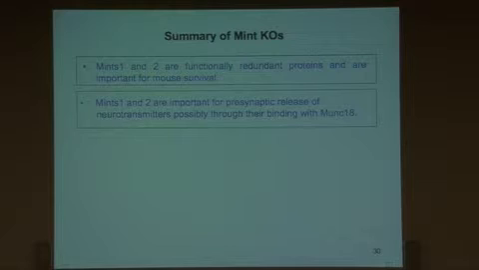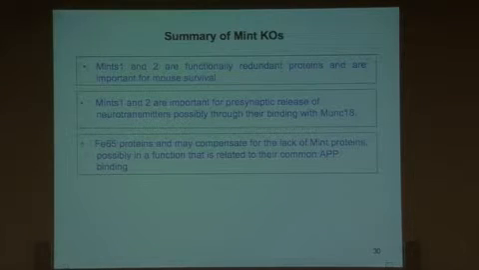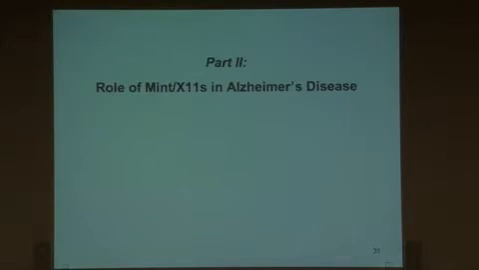MINTs 1 and 2 are important for presynaptic release of neurotransmitters, possibly through their binding with MUNC18. Fe65 proteins that we saw are increased may compensate for the lack of MINT proteins, possibly by binding to their common APP binding. And so really the synaptic part of the story sort of ended there, but hopefully I can continue this in my laboratory, and I'll tell you a little bit about what we're going to do in the future